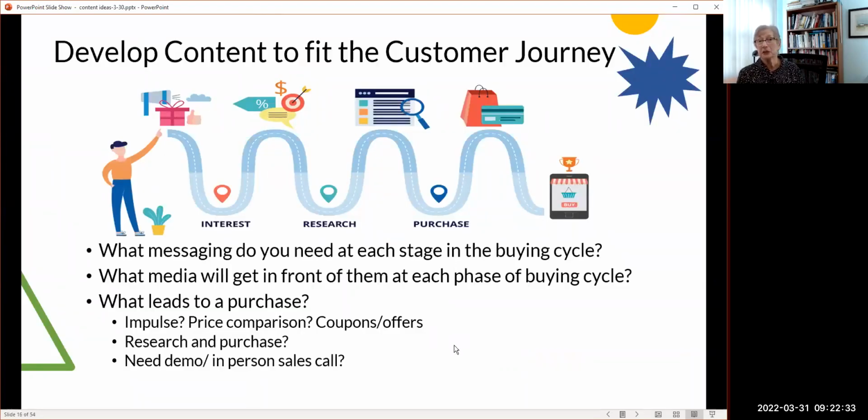So what happens today when people are looking for products and services? They kind of follow a journey. They want to be in control more so than ever in the past of what they do. So their journey starts by first becoming aware that they have a problem and that there might be solutions out there for it. And they go online.